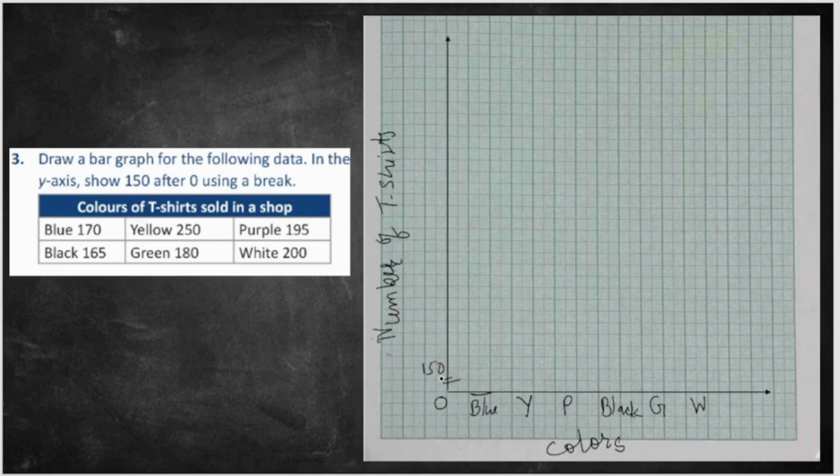Okay, now here it is 150, and you can see we are going from 150 till 250, right? So yes, we can take a gap of 10, it will be easy. It means what is the scaling here? 1 centimeter equals 10 t-shirts, right? Okay, so this first one is 150,